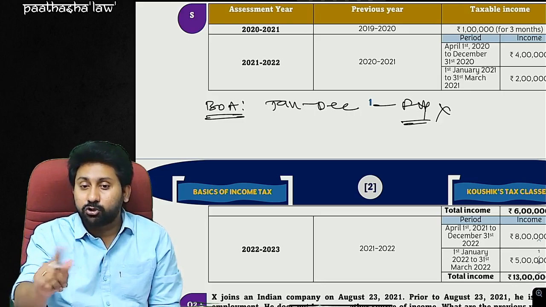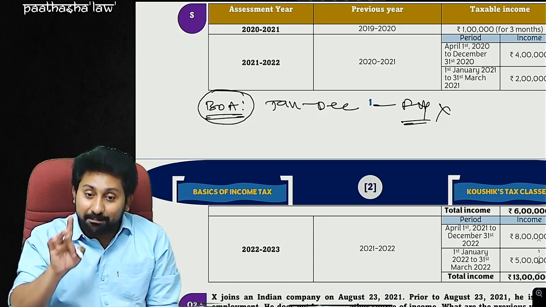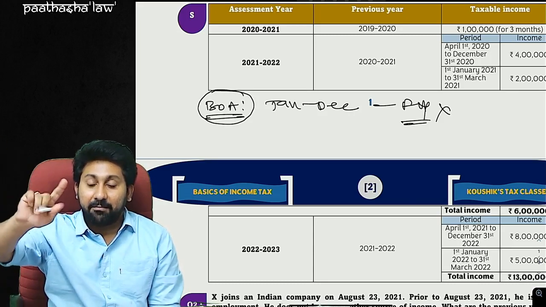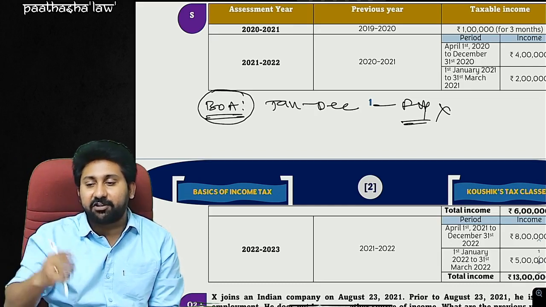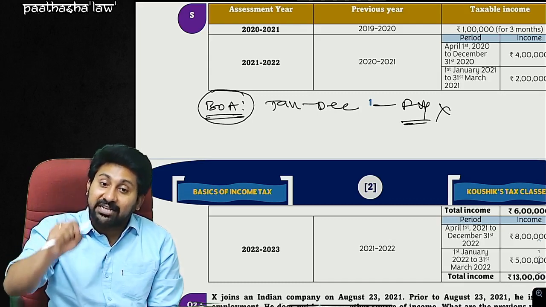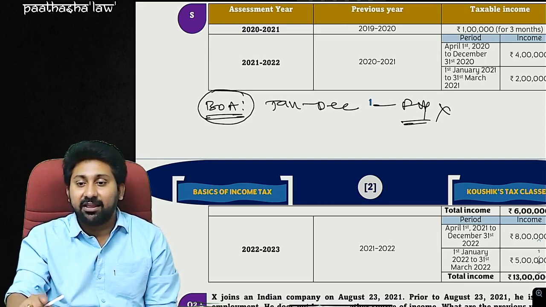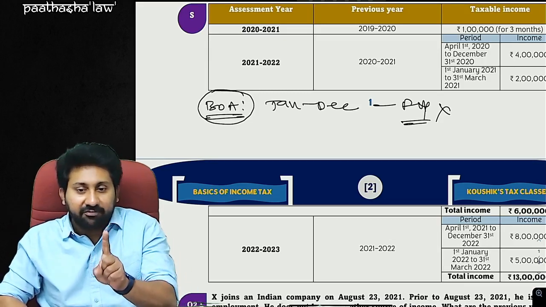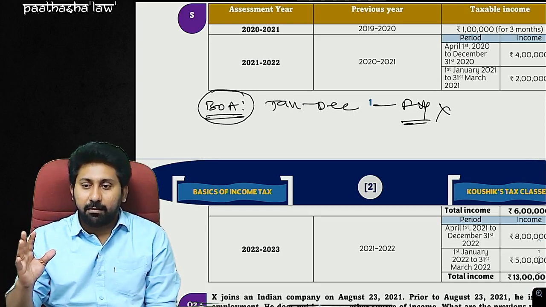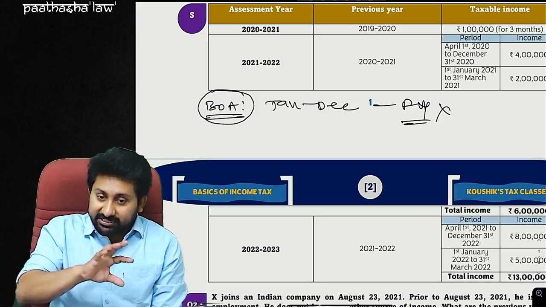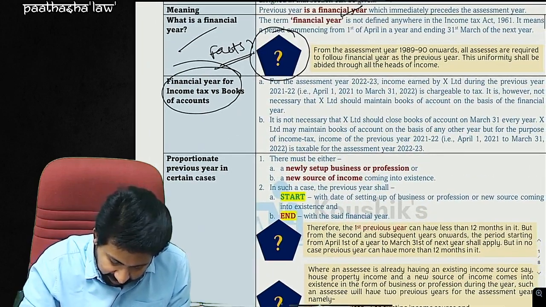Like this, you should not think. Books of accounts can be prepared for any period, but when you come to income tax purposes, assessment of income, payment of income tax, chargeability of income tax, then and only then the financial year will be taken as the base. My dear friends, everyone remember please, books of accounts can be prepared for any period, but if a tax related situation comes, financial year is the base.